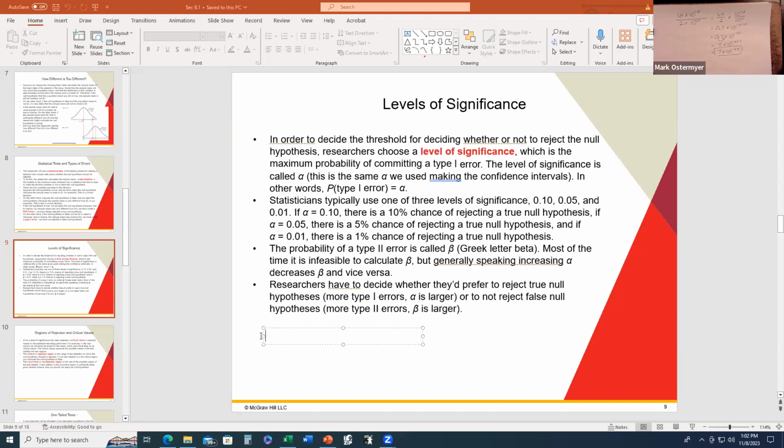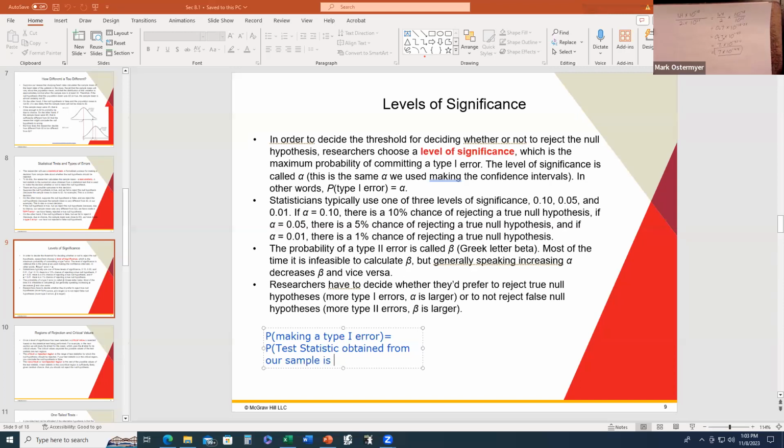Okay, so the probability of committing a type 1 error, this probability is a conditional probability. It's the probability that our test statistic obtained from our sample